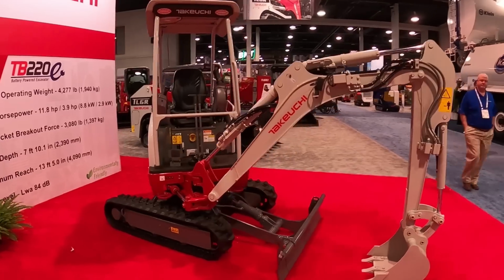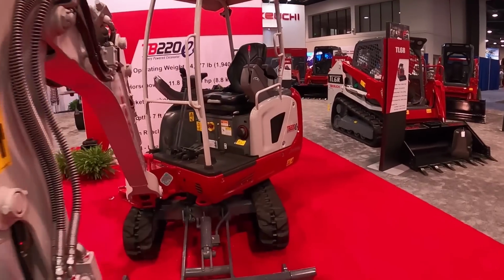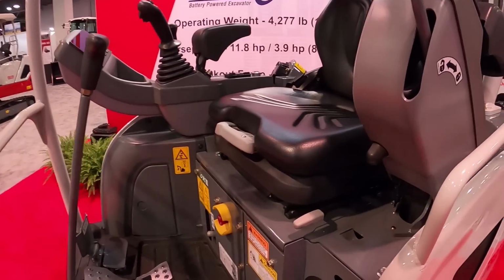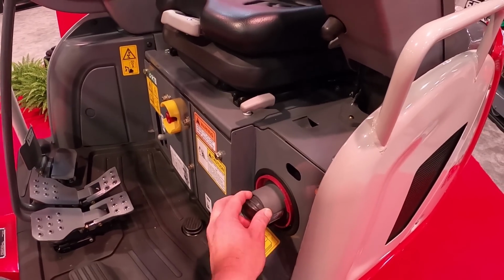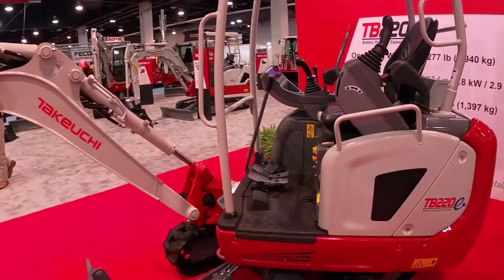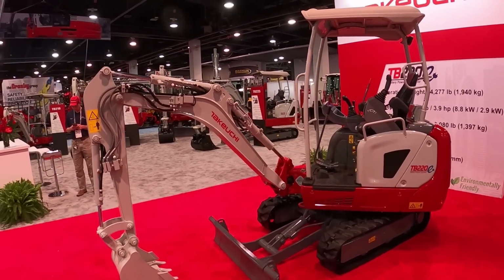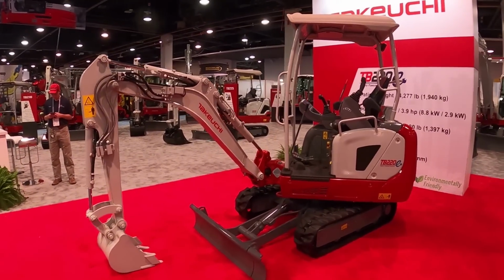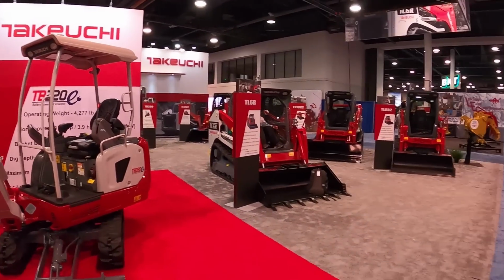So Lee had his little demonstration on this earlier. It's pretty neat. I didn't get a chance to get up here and look, but yeah, that's the charging port right there. We can plug it in. But it'd definitely be good for indoor stuff where you can't run anything. But yeah, I'm sure we'll be back here tomorrow. But this is kind of the